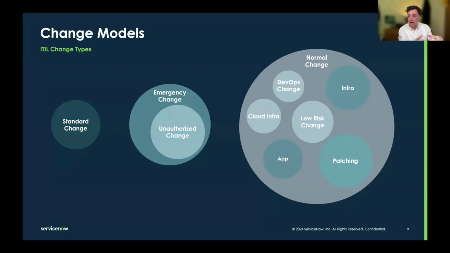So actually allowing them to have that velocity, allowing them to have very little lead time, get stuff out quickly, check it works, means that we will have less severe and even less overall impact to service. Okay. We've also got low risk change in there. Probably talk about that one later if I'm not overrunning.